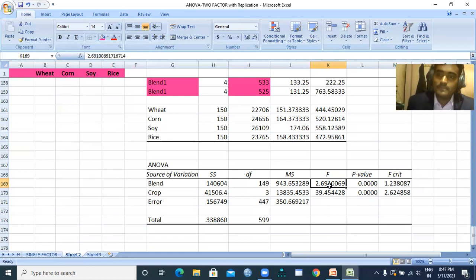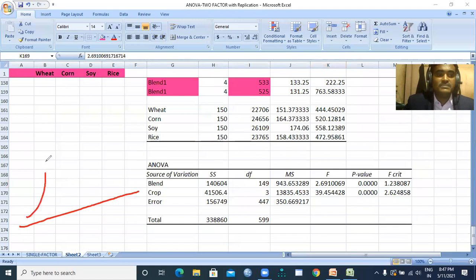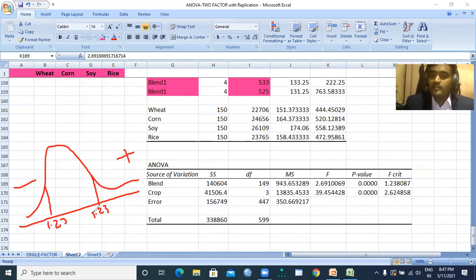That means what? Suppose you can see a normal distribution here, the Z tabulated value, suppose it is here on the negative side and positive side, the Z tabulated value 1.23, whereas this Z calculated value 2.69.